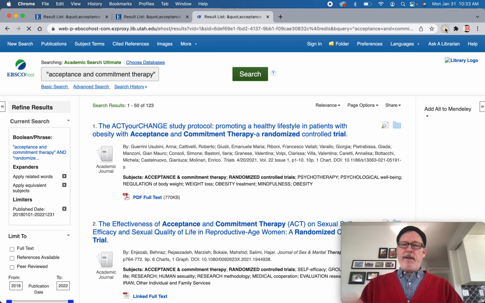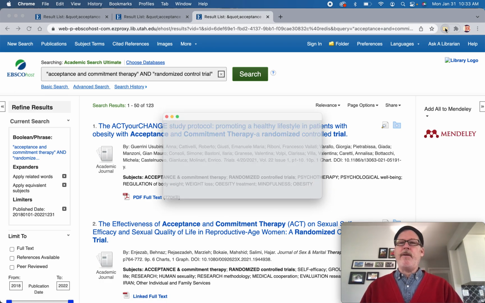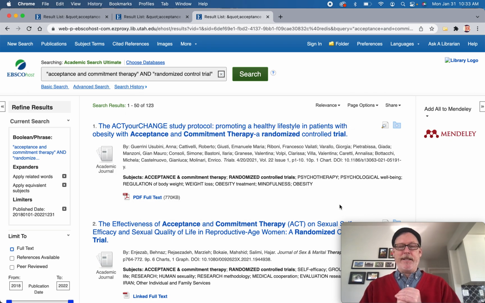So that little button that I clicked up at the top is something that contacts Zotero, and then it says, what do you want to download? And you can do it one at a time. I'm going to go crazy and select all. We'll see if it does it. I've been having problems with Zotero, and it came back with errors saying,